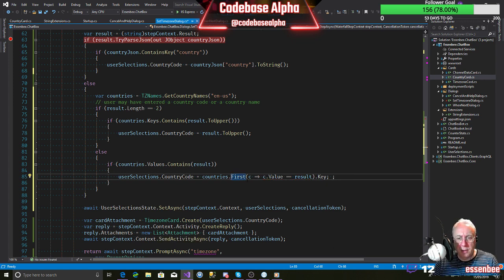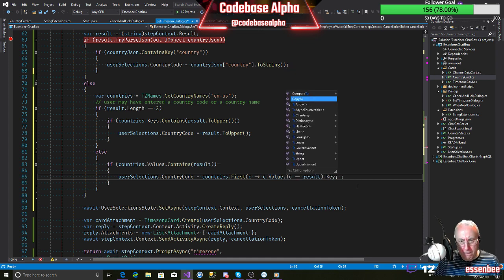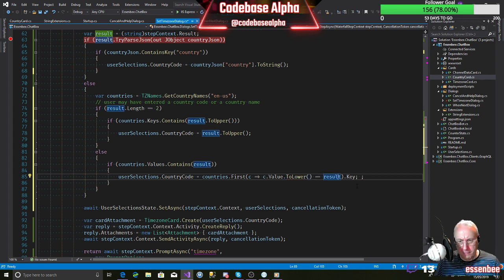So the country code is going to be that. So I'm a bit dubious about this equals. So what we need to do is do a ToLower on there, and a ToLower on there. Country values contain.